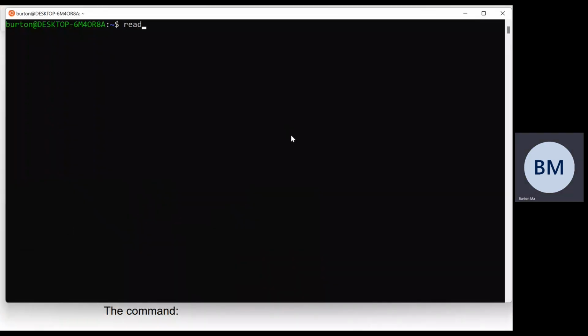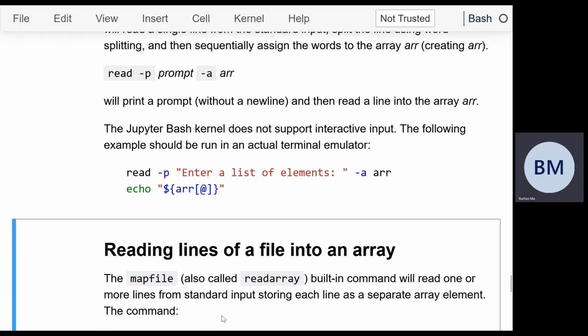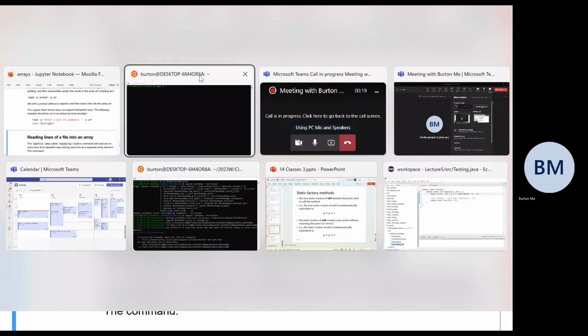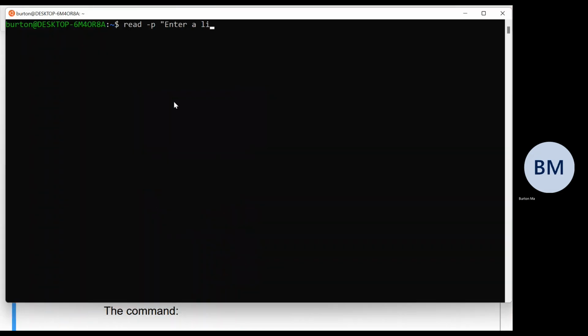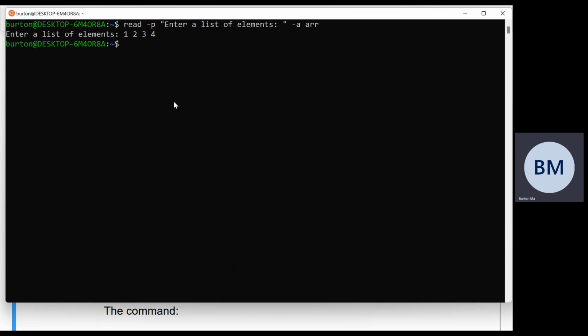We'll just do read -p. So the prompt is, "Enter a list of elements," and then -a ARR. Okay, so -p is prompt, and -a is make an array and read the elements into an array. If I press enter here, you get the prompt and you can enter your list of elements. So 1, 2, 3 and 4. Okay. And then if I print out ARR,